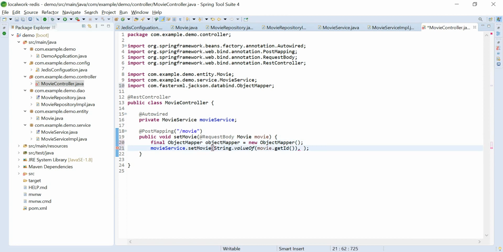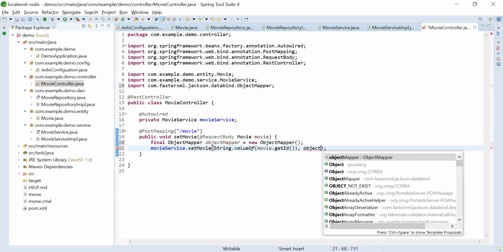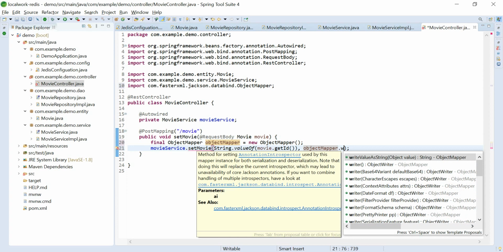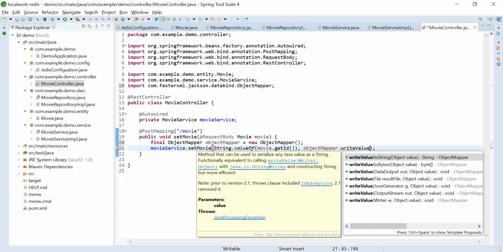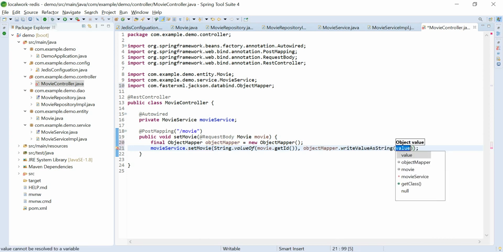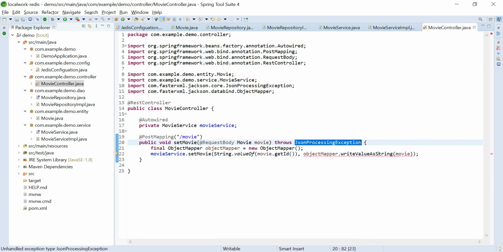With the help of the object mapper we can serialize this into a JSON string using writeValueAsString, and here we will pass our movie object. Okay, now we need to handle the compilation error.